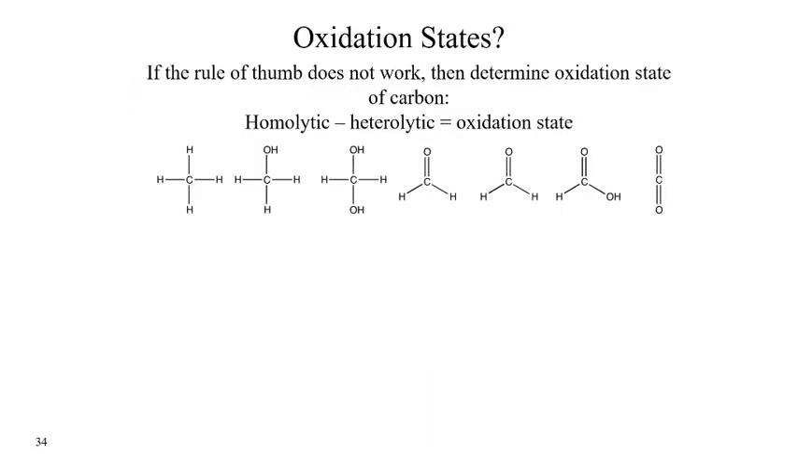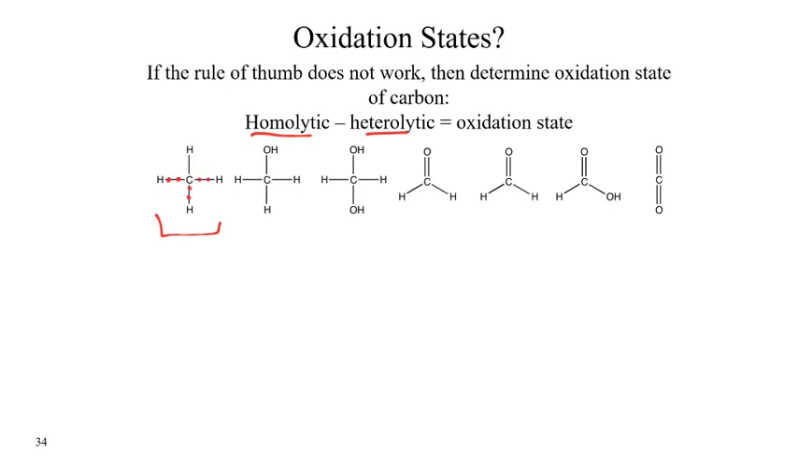If our rule of thumb does not work, then we can go through and actually determine oxidation states. Okay? The fun thing about that statement is the rule of thumb works, so we don't really have to determine oxidation states. But if for whatever reason you were forced to determine an oxidation state, the reference is homolytic cleavage minus heterolytic equals your oxidation state. So what do we mean by that? Well, if we look at each of these bonds, and we're going to pick methane,